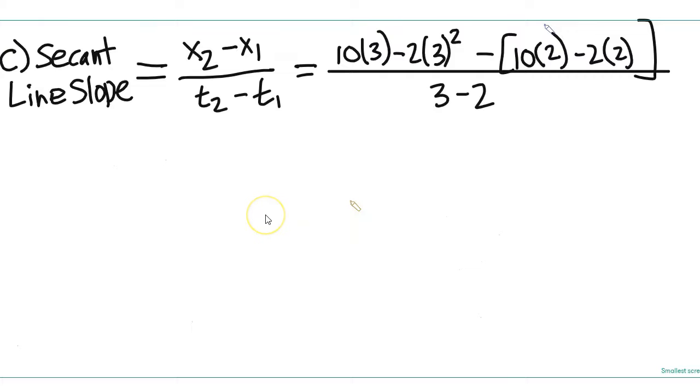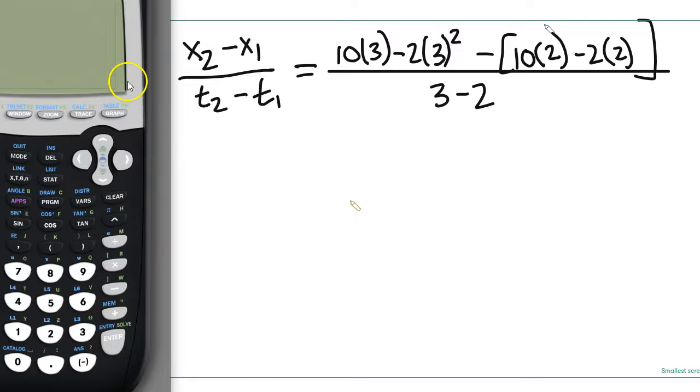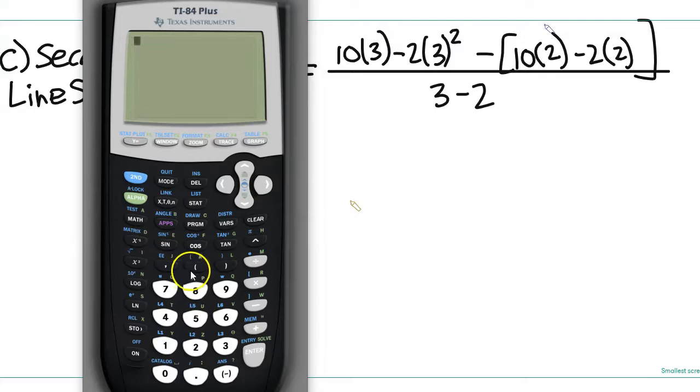So let's perform this calculation, and let's see if I can use my calculator here. So we've got 10 times 3 minus 2 times 3 squared, and all that minus, parenthesis, 10 times